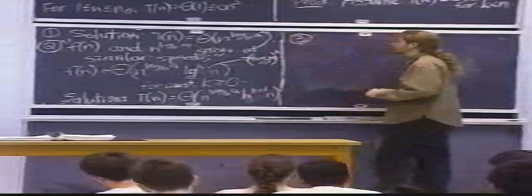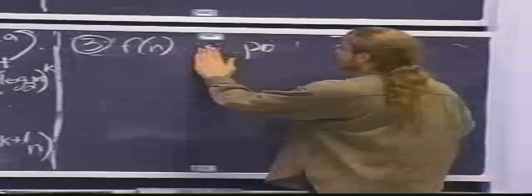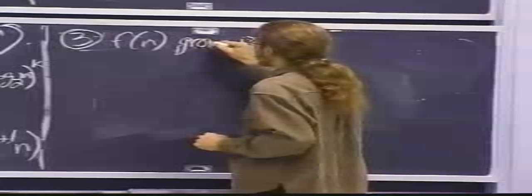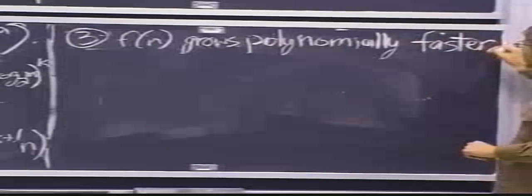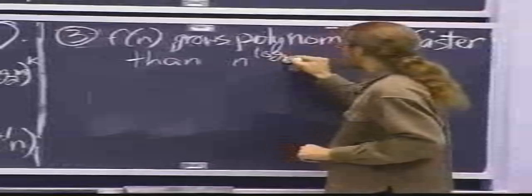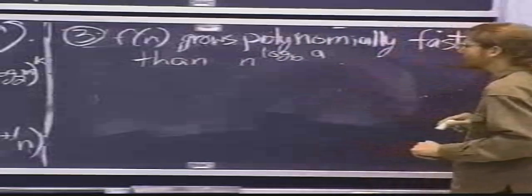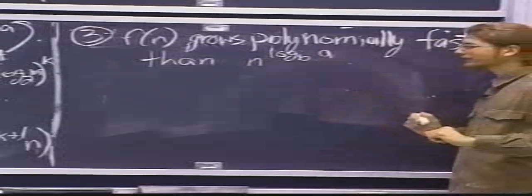case. So case 3 is that f of n is bigger. And f of n should be polynomially bigger. So I should say it grows polynomially bigger. Polynomially faster. Okay, just to be clear, because I got it wrong before, if you specify the base of the log, you use log. If you want 2, you use log. And